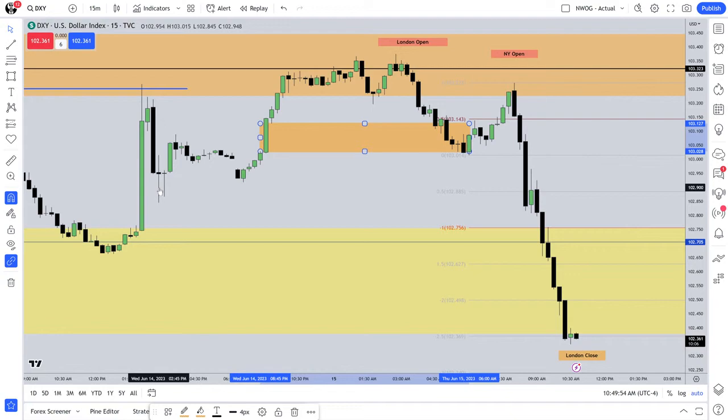So consequent encroachment of wicks and tails are imperative partial places to take partials at. If you're short, you have to factor in that price level and the spread. So you want to see the midpoint of that and a little bit above it. If it trades down to that level here, you want to take that as a partial. Always, always, always cast in stone. It's never going to be a deviation from that rule.